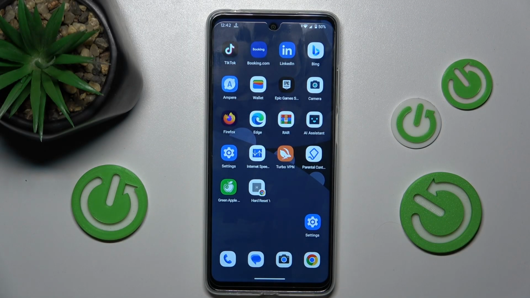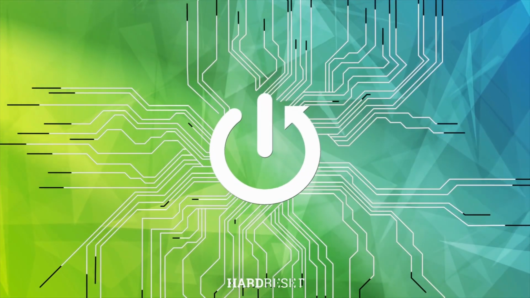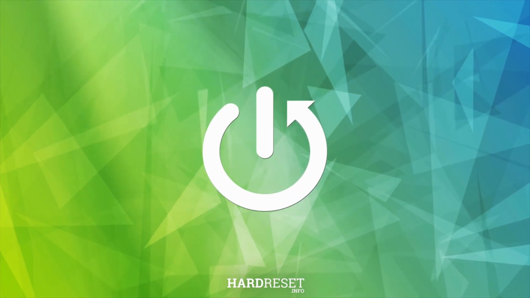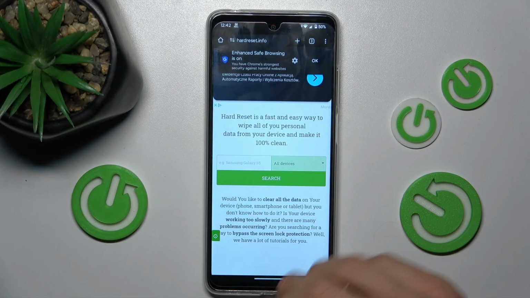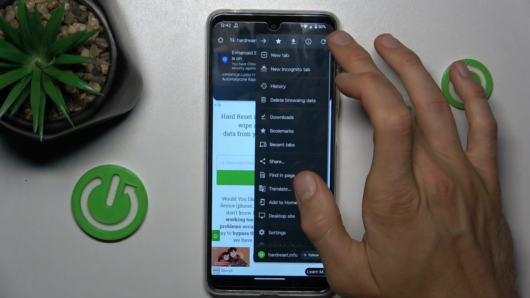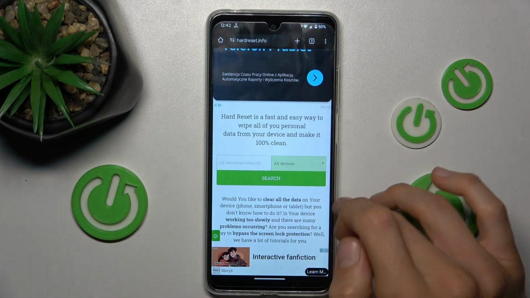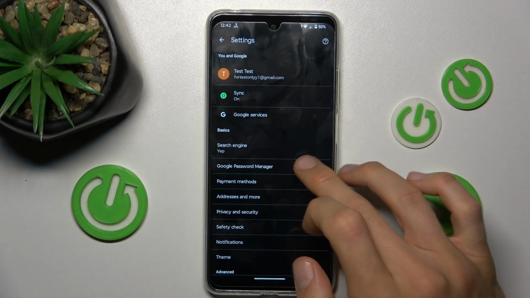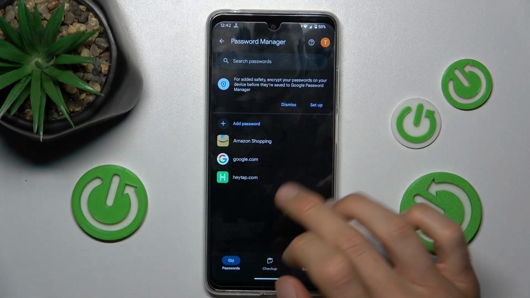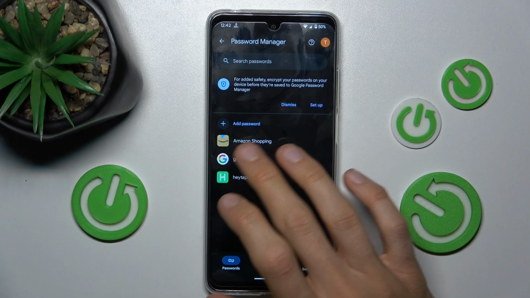Today I have Motorola Moto E14 and I want to show you how to manage your Google passwords on this device. To do that, open Google Chrome application, press on the three dots on the right corner and there scroll and choose settings option. In it, Google Password Manager, and there we have passwords which our smartphone remembers, maybe to our